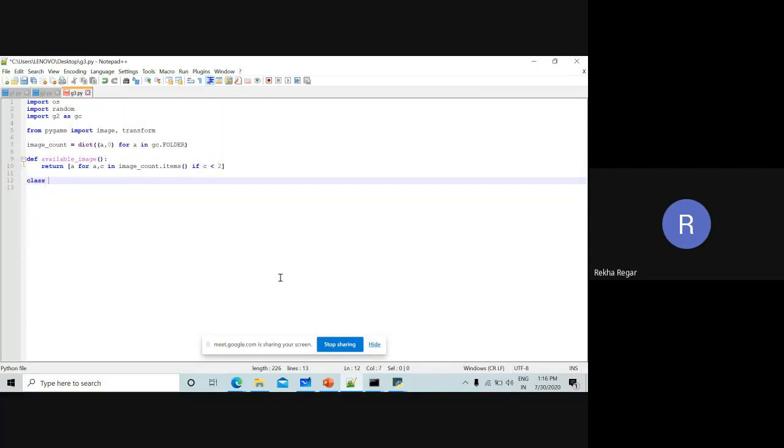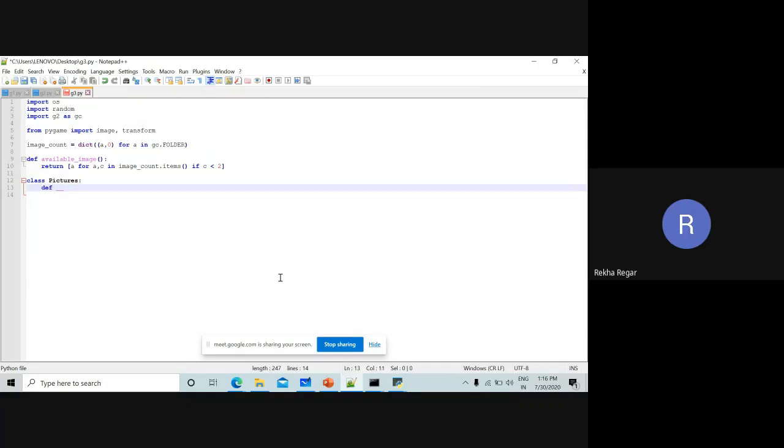So the class is like this, and for this we are going to give the name Pictures. You can see the class is started, and in this class we are going to take some functions. The first function is what: to represent the instance of the class we have one default function, so we have to use that one.